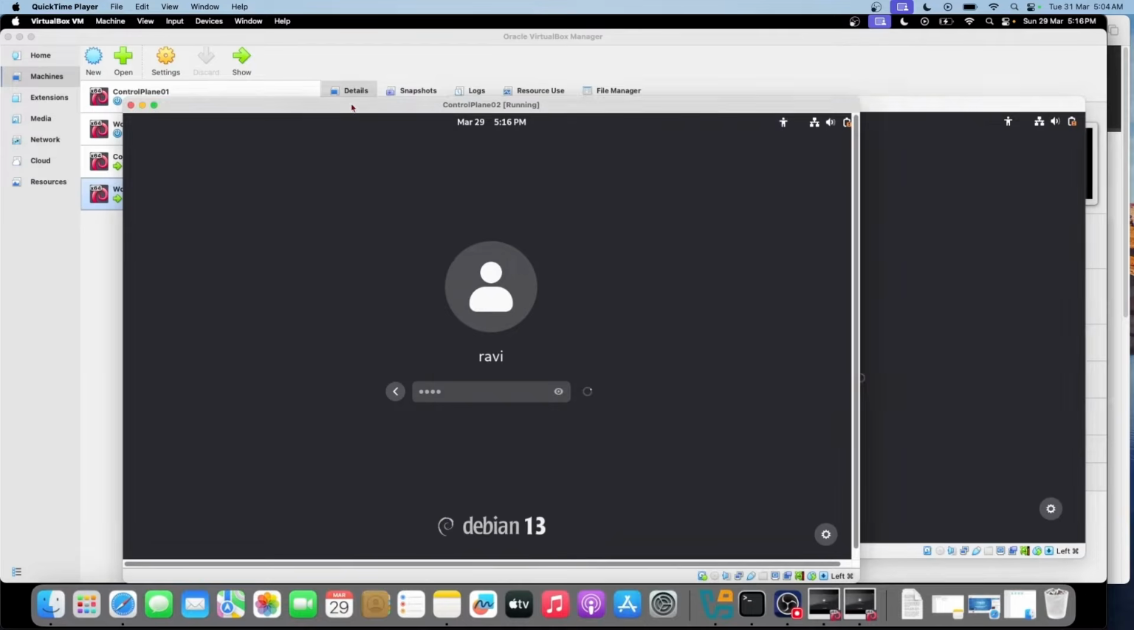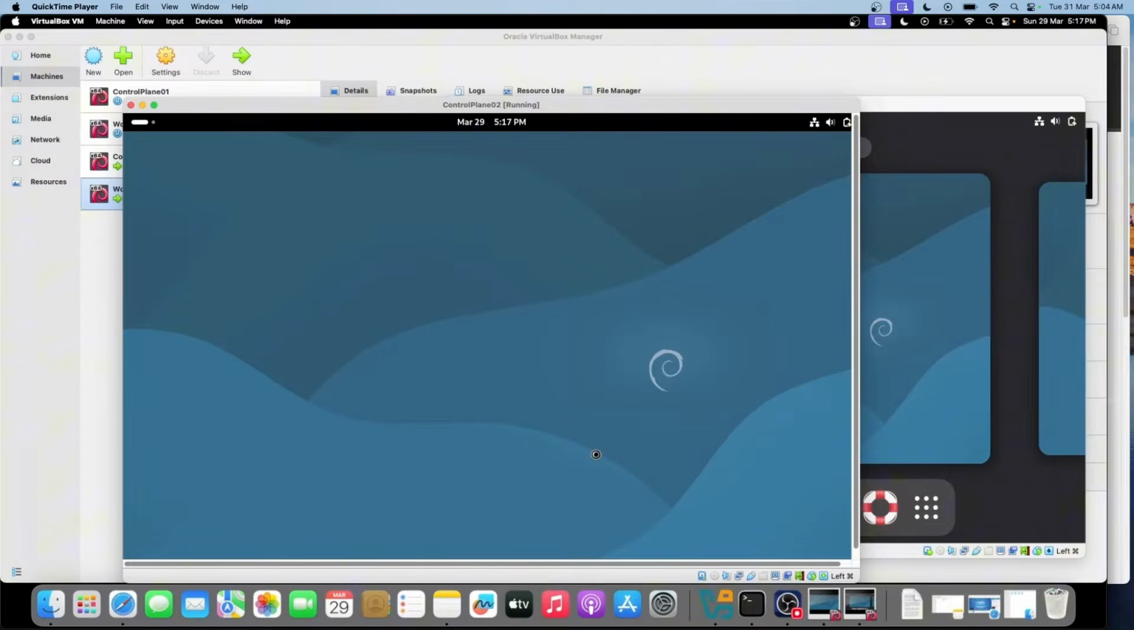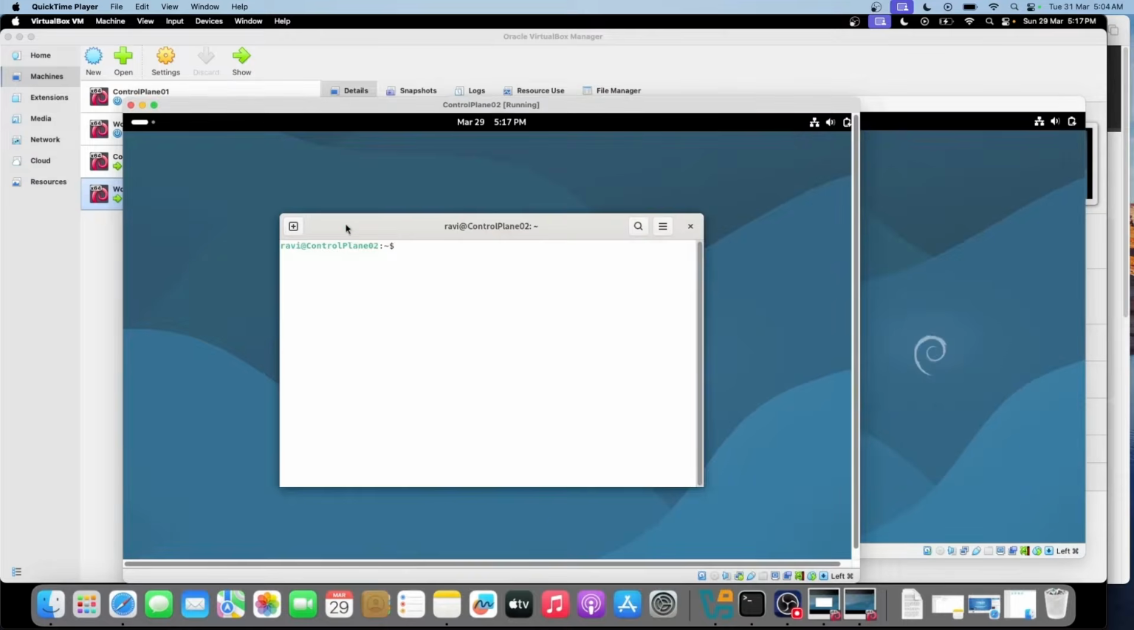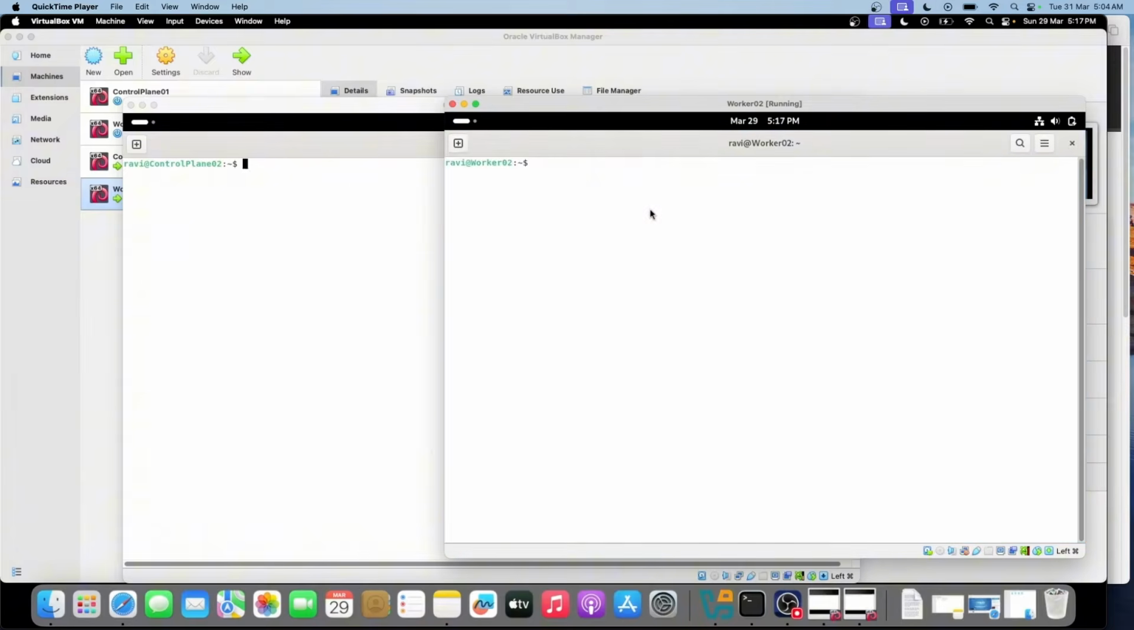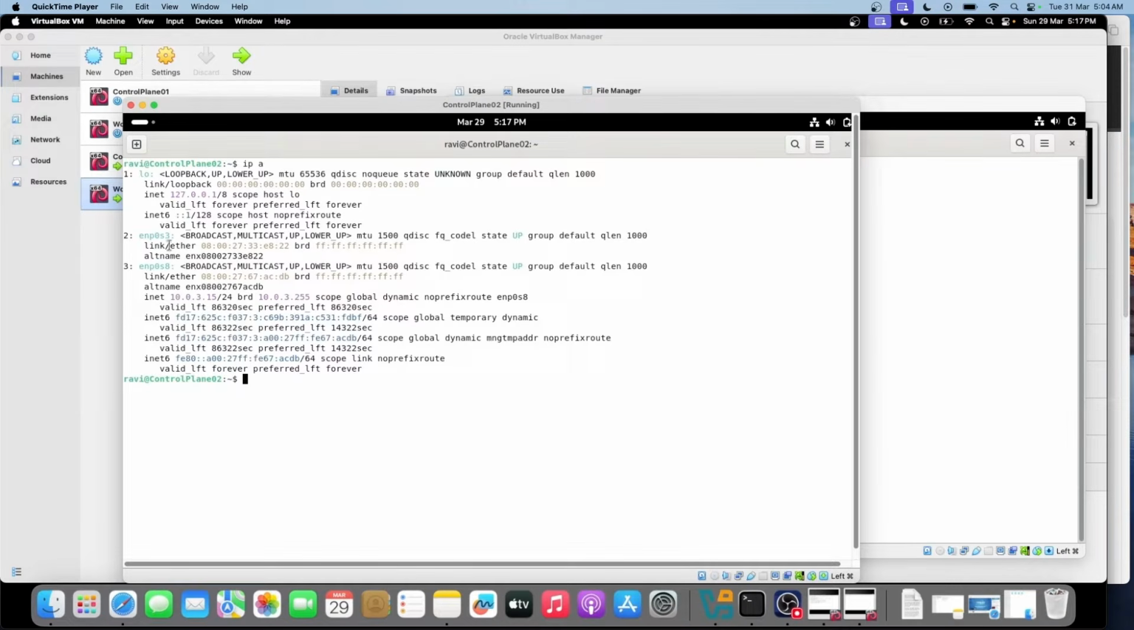And then after the virtual machines are up, we will check the network interfaces. Now remember, host-only network is not configured with the DHCP. So I'm not expecting an IP on the host-only network. So as you can see here,